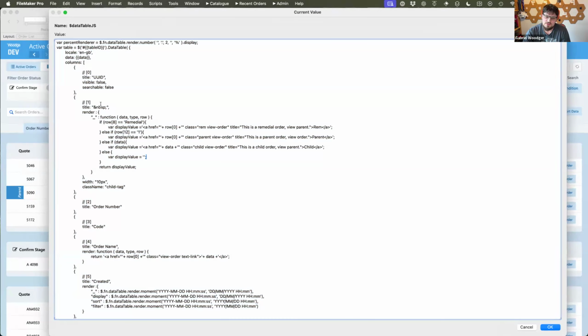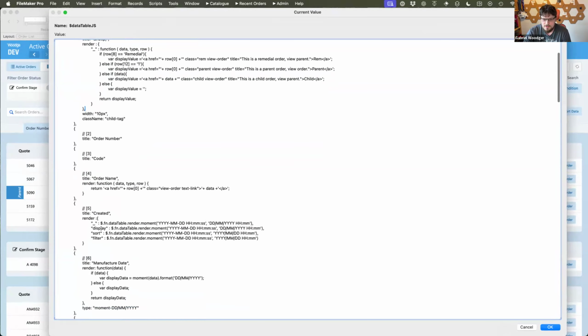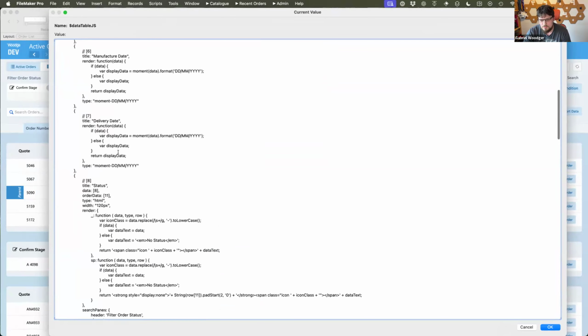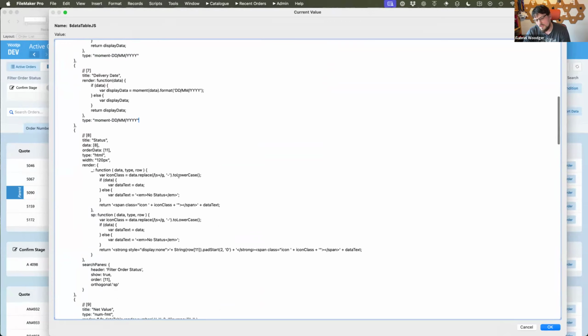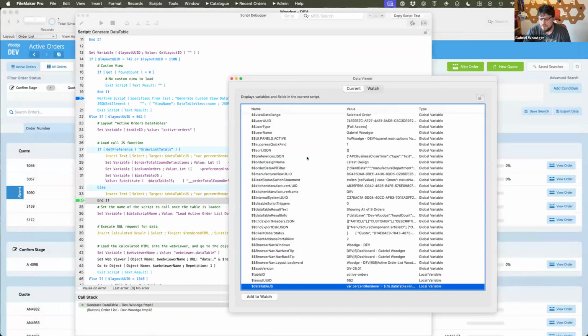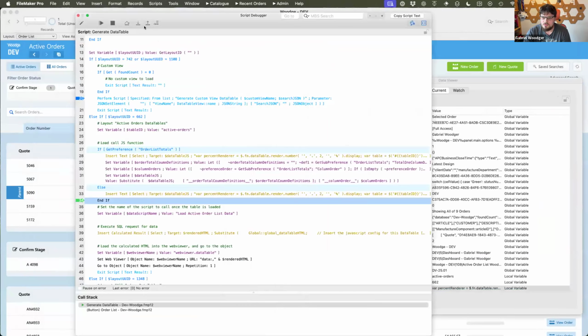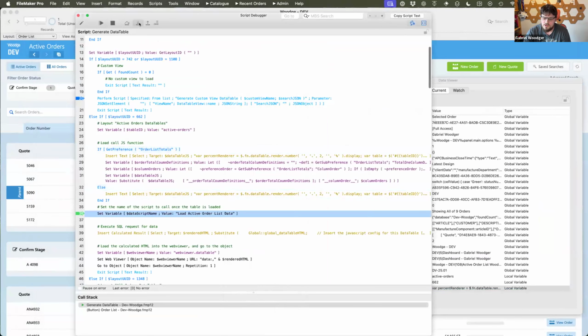This will tell the web viewer what columns we have, using this DataTables library, how these need to be displayed, how they need to be sorted, and what the formatting is, whether it's day, month, year, etc., to be able to actually build the layout for the web viewer.